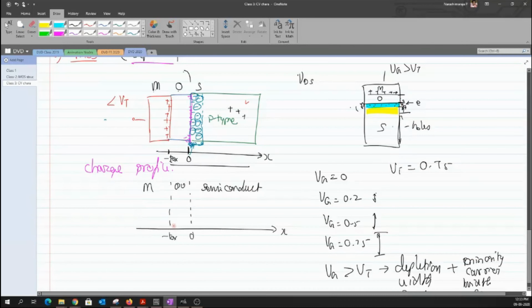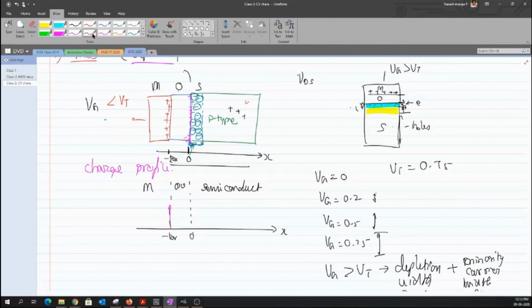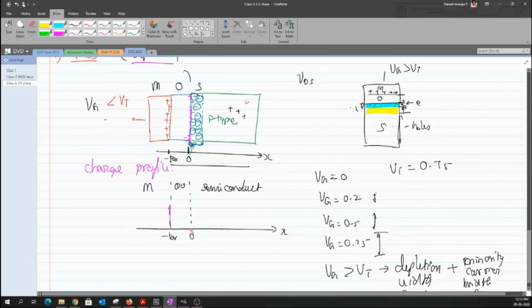Now, all of these positive charges that I have created because of the positive voltage would be represented by some sort of peak, because they lie exactly on the surface between the oxide and the metal. So I'm representing them with a kind of arrow of certain height. On the other hand, I have immobile carriers, and these occupy some space along the x-axis. I'm representing those immobile carriers with a rectangle, not a spike. So this is the charge profile for the MOS structure in the depletion mode, okay?